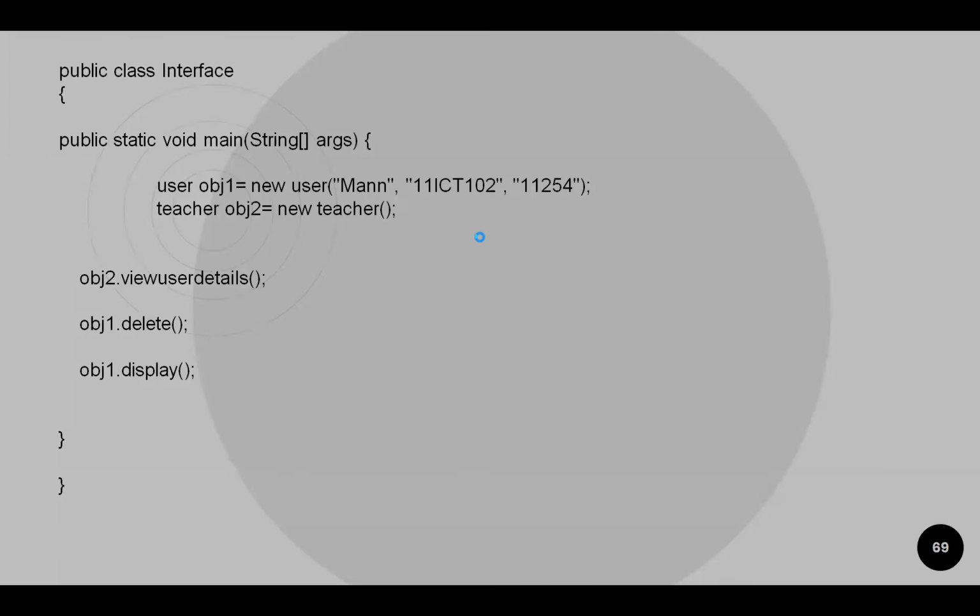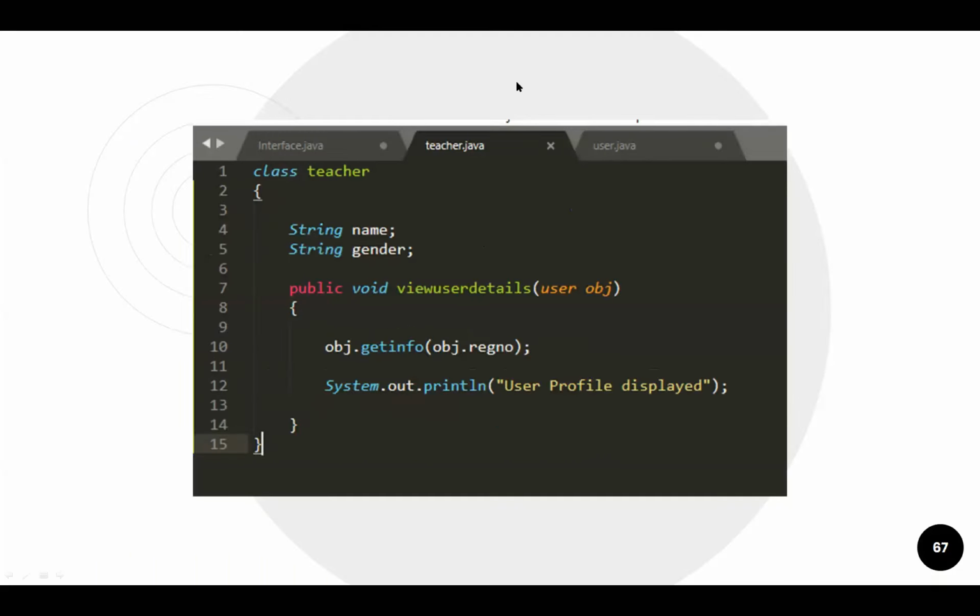See the code again. Okay. So at the 15th second, what will happen? This particular object is called now. So let us assume after coming to this particular method, some lines are executed, right? And after that, this particular line is executed. This line's execution means now we are going to the user method. We are going to the user class.